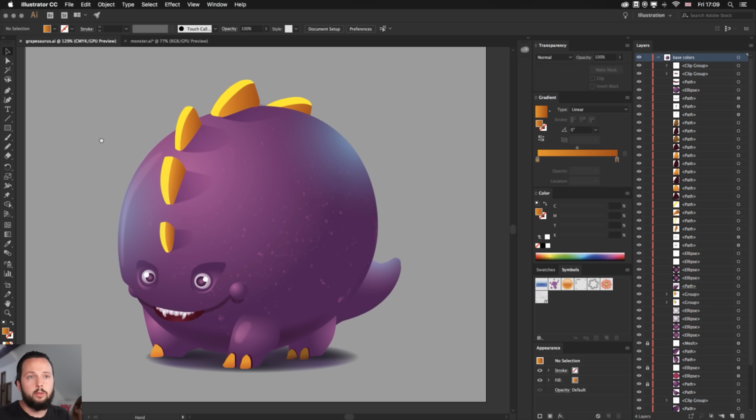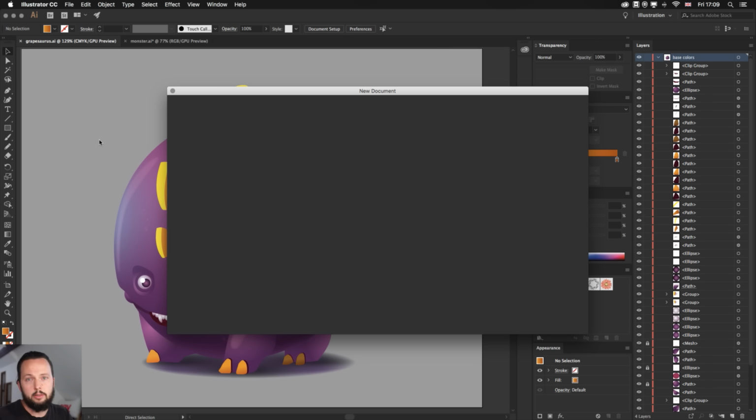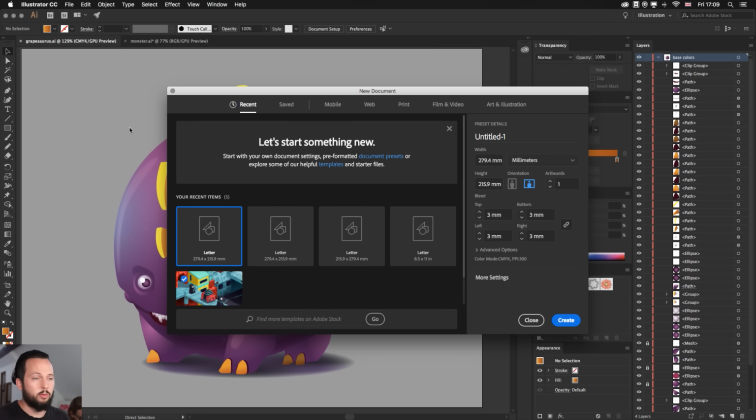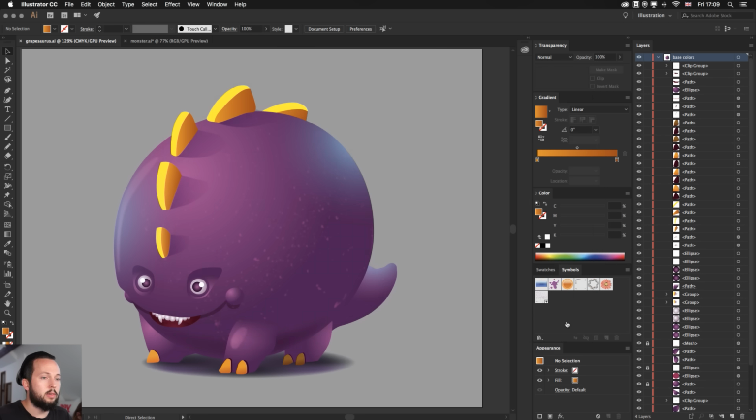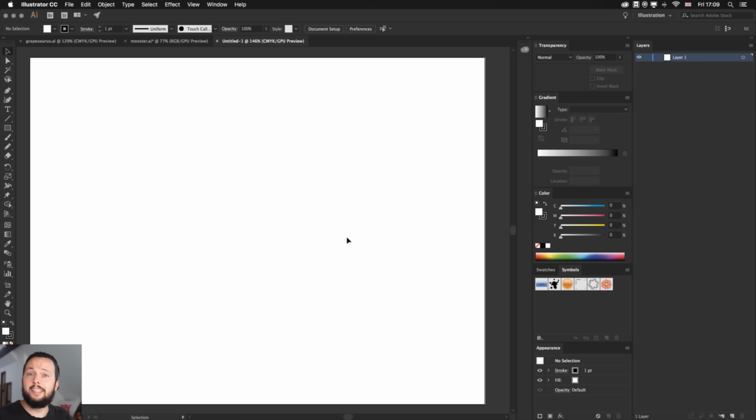Now, the way I would normally start whenever I work in Illustrator is to create a new document. So let's just get started with that. I'm going to set the bleed to 0. In this case, we don't need to worry about that. And I'm going to use a landscape format. So I'm just going to click create. So there's our blank screen. This is always the most intimidating part. And that is why I actually like to usually work from sketches.